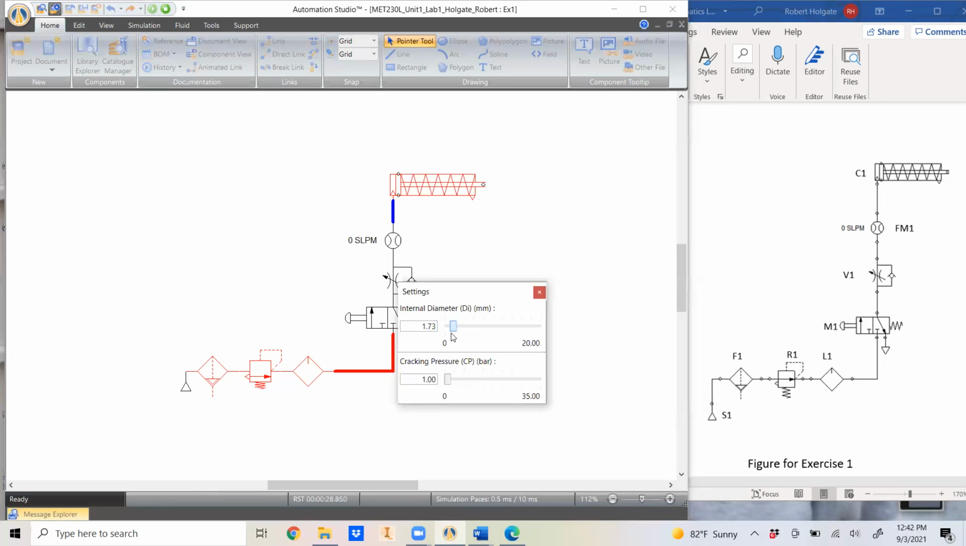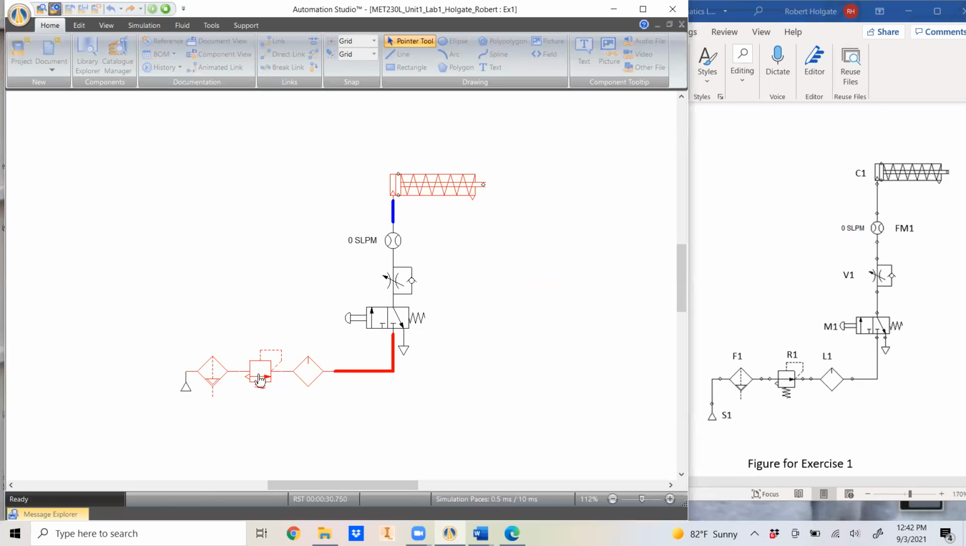You can bring it back down. You can also change the regulated pressure. So it's at 5 bar, so I can up it to 13 bar. Then I can see that it will go faster also. And if I do a stronger spring, I'm going to need more pressure to be able to compress that stronger spring. Okay,